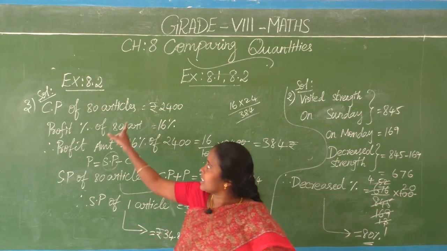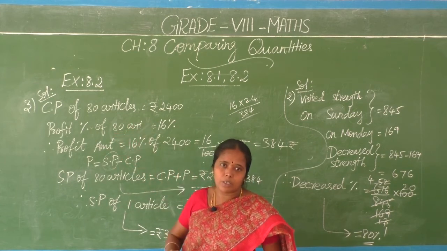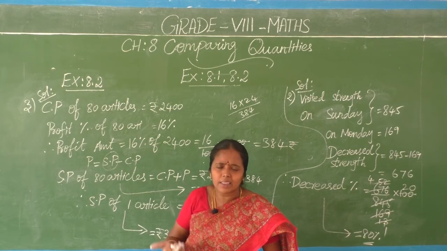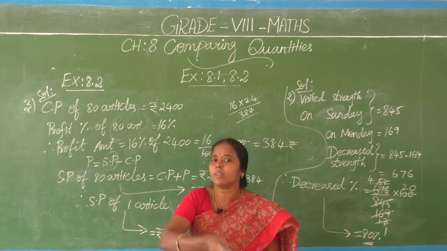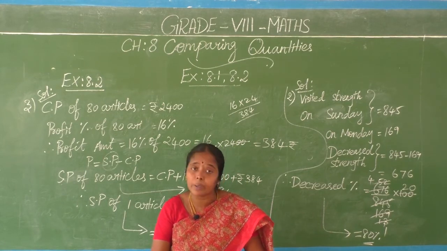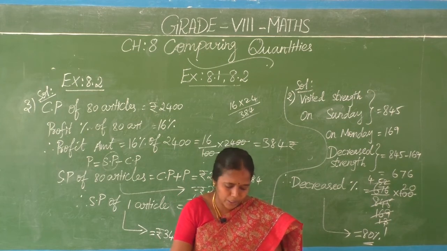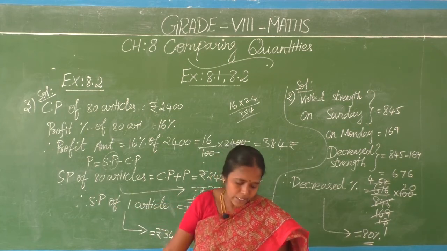Third question, the cost price is given directly. Here overhead charges are also given. Overhead charges are nothing different; they are to be added to the cost of the item. So after adding the overhead charges, that means the repairing amount, to the cost of the item, then find the SP. Same as the third question, just try it.